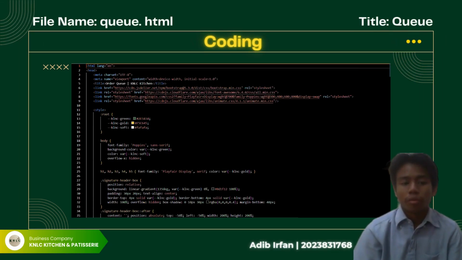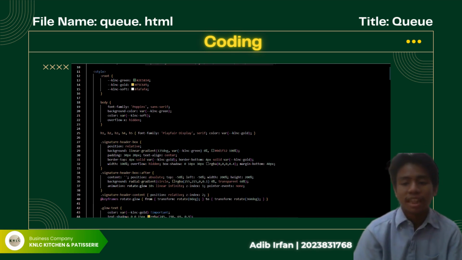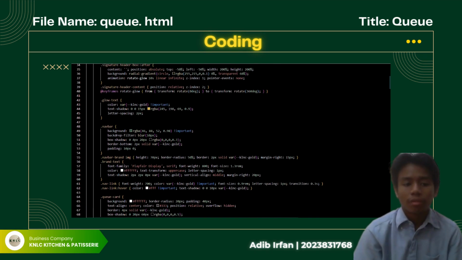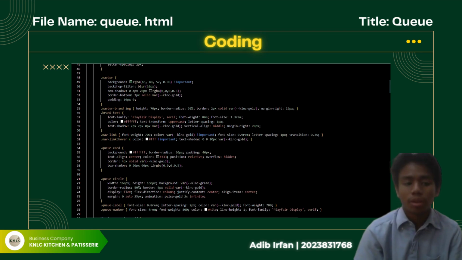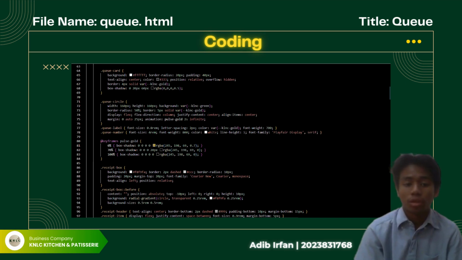To start off the coding for this queue page, the head tagging consists of different meta tags that help with the search engine, a title that states the order queue, and several links that become the reference to different external CSS style sheets. Next, we have the internal style that determines several different styles that will be used in individual elements and tags within the file, such as the style for the HTML body, the different headings for headers, the type of header box used to contain the information,